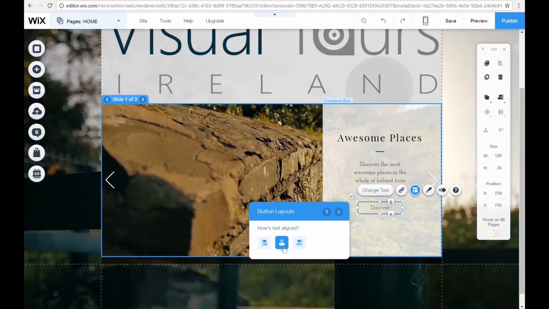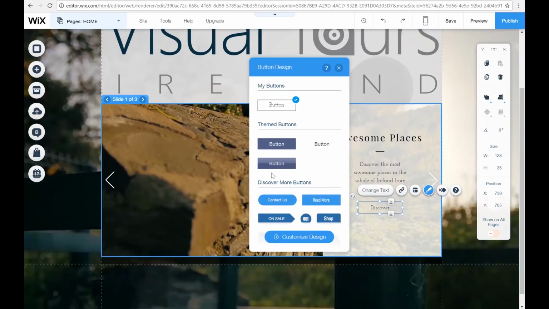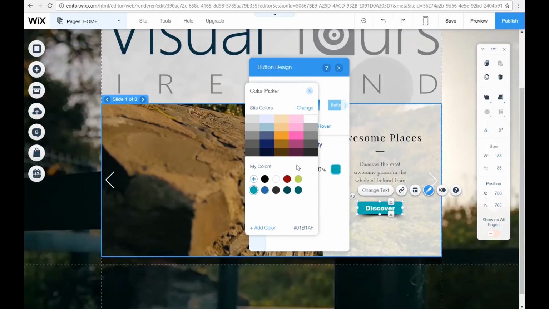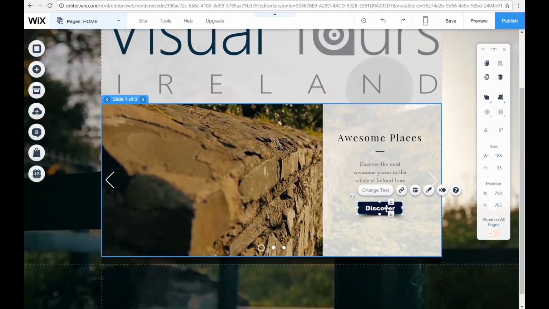Going to have a look at the layout. Once again, how's text aligned? We're just going to keep it centered, and we're going to have a look at the design. There are all different types of buttons here. I've just selected this button, and we're going to change the color. We are going to keep all that the same. The only thing we're going to change